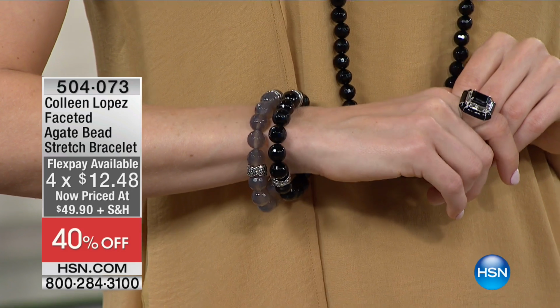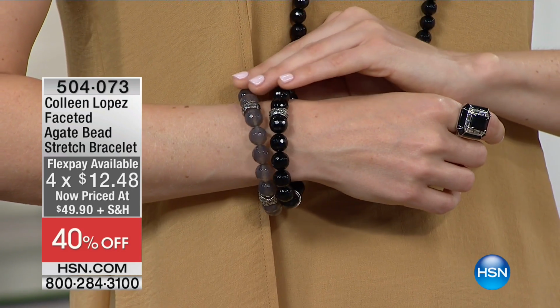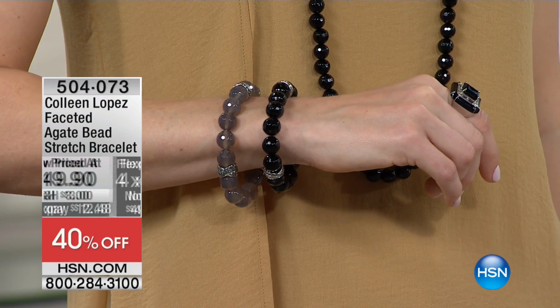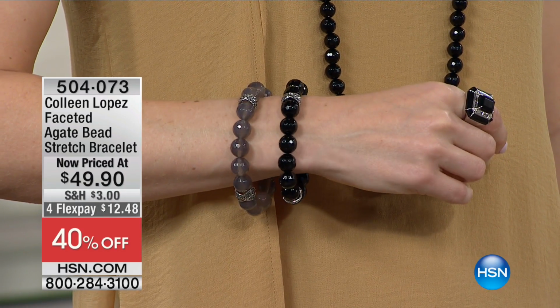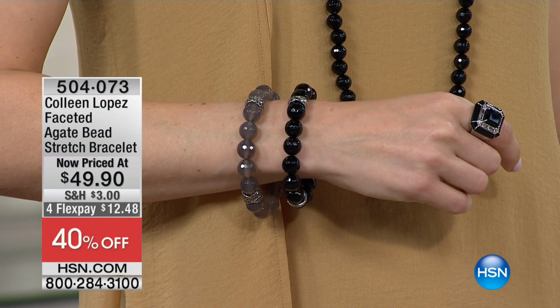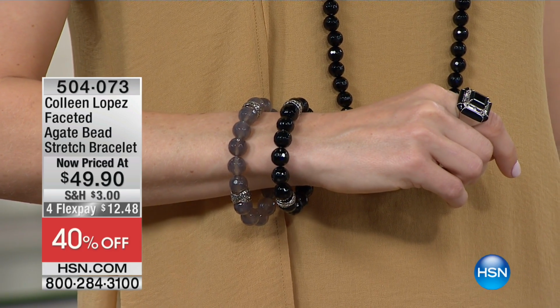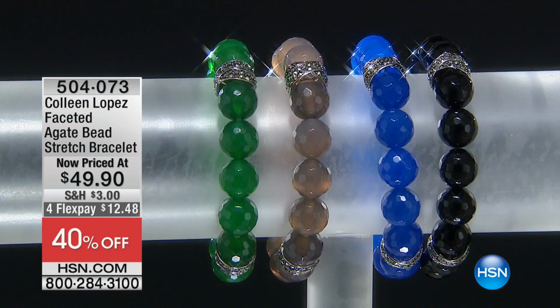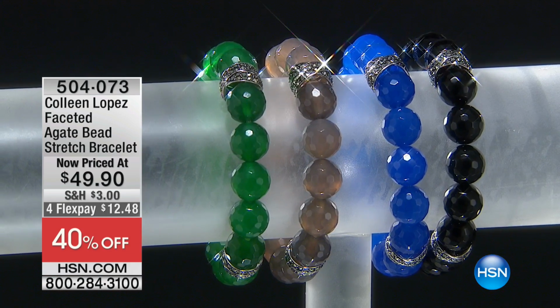I mean, it's like that power bead sort of feeling. Look at the size of these beads. These are all faceted agate beads. They're 12 millimeters in size. And you're just getting about 2 dozen of those. And you have alternating sterling silver stations that feature the Marcasite for a little extra bling. There's a lot of gemstones here, and it is now